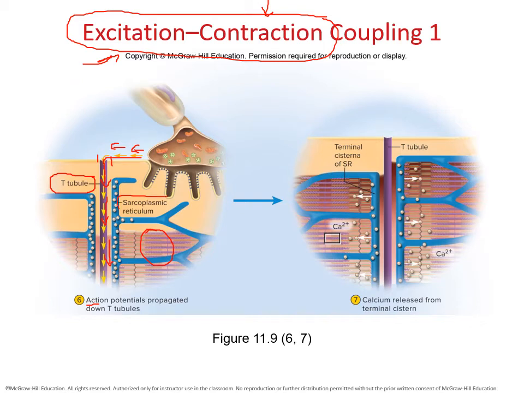And as it starts to spread inside the cell, it turns out that the T tubules are surrounded by SR regions. That stands for sarcoplasmic reticulum. They're going to be very important because guess what they store? Calcium. So when the excitation travels down the T tubule, the sarcoplasmic reticulum picks up on this and releases calcium. Now, why do we need that calcium? Think back to part 1. Think back to that relationship between your thin and your thick filament. And there's something that's blocking their interaction, something that requires calcium to get it resolved. Maybe the next slide will tell us what that is.